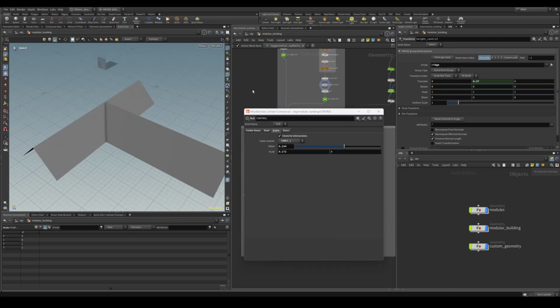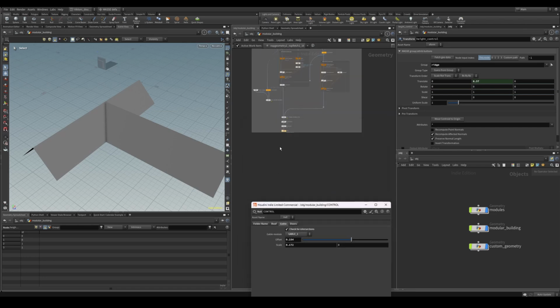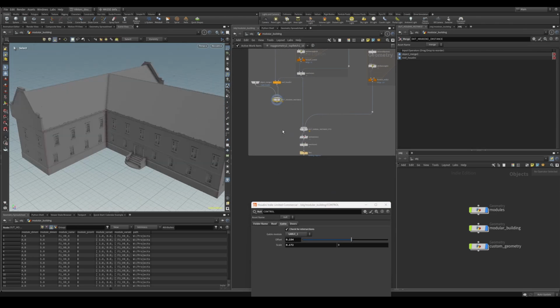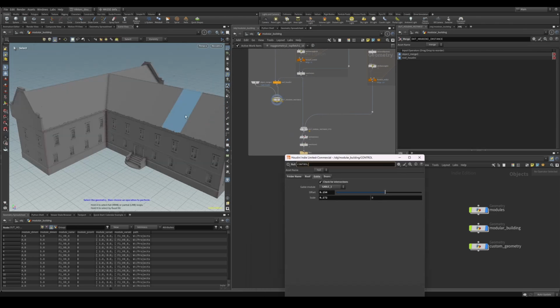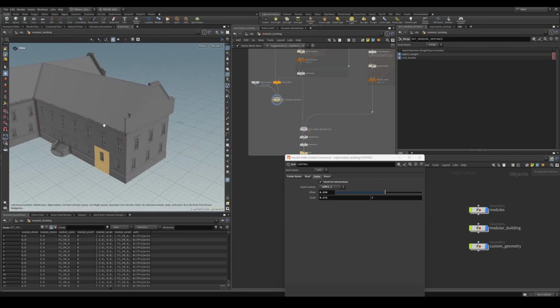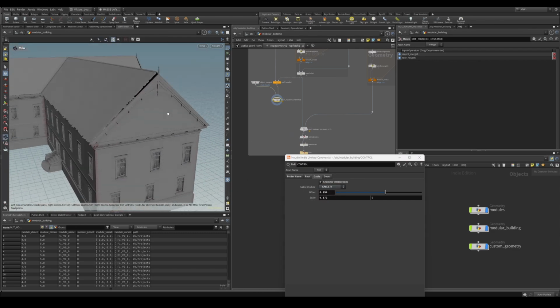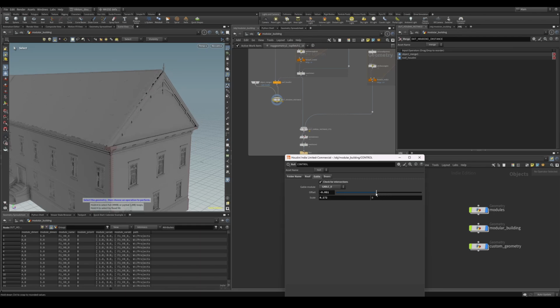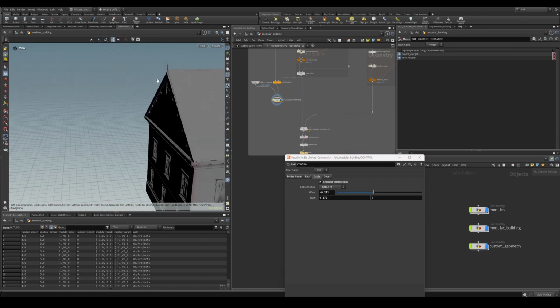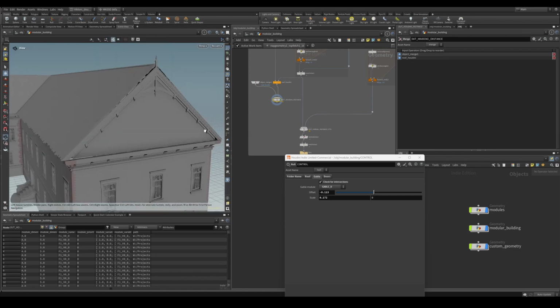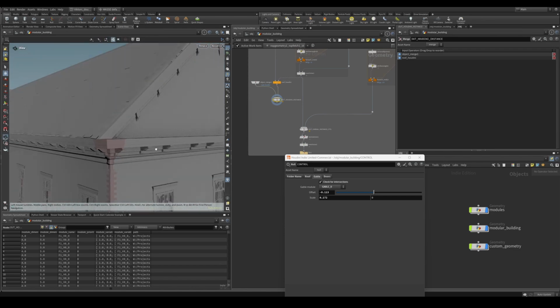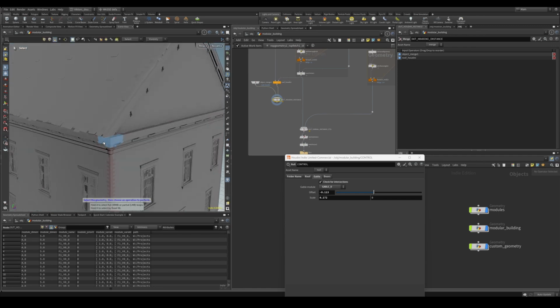So for the gable options, let me go back to the geometry. So the gables, we can change the gable style. In this case I have only two, and then we have some manual adjustments for them. So we can make sure that geometry fits nicely between the roof and this one, in the sides and the